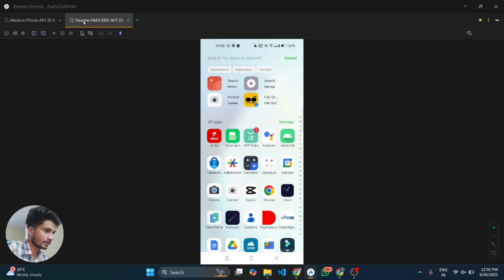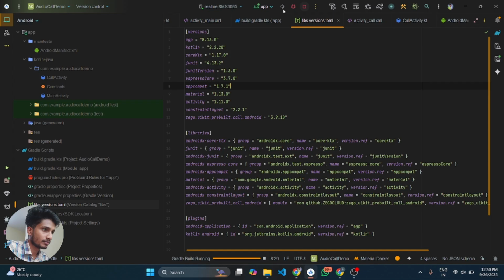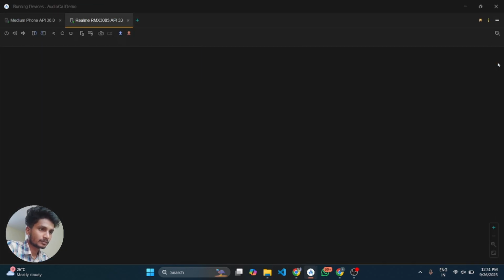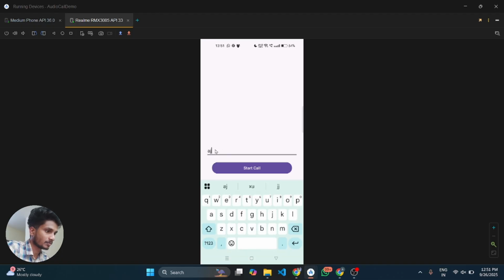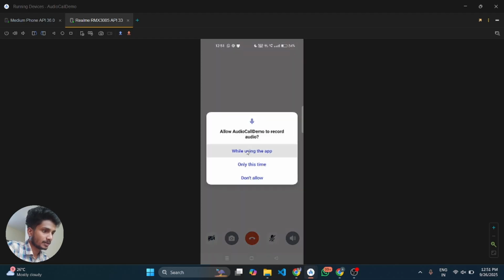And here our app on both devices is ready. In both devices our app is installed successfully, and then I will enter the call ID, and in the second device I will also enter the same call ID, and then click on start call, allow the permission,